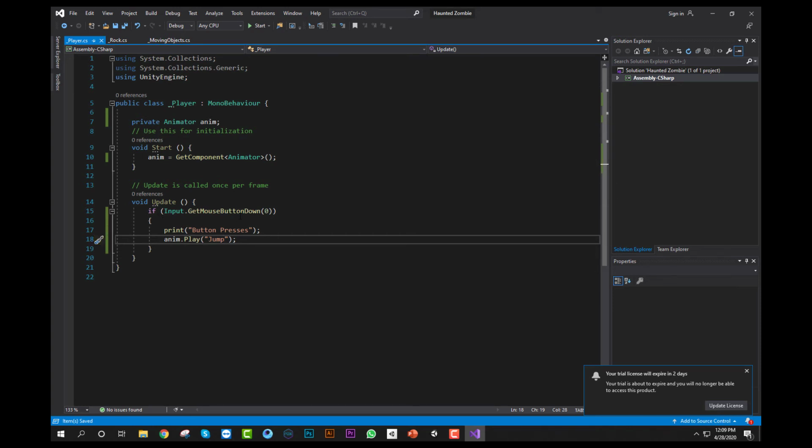When the user presses the key, then print something. Just for clarity, I have used the print statement, and this one is the play animation, anim.Play, playing the animation with the name jump. So let's go to Unity.